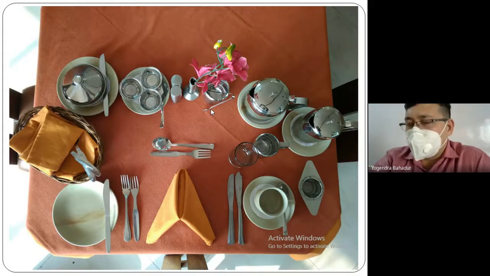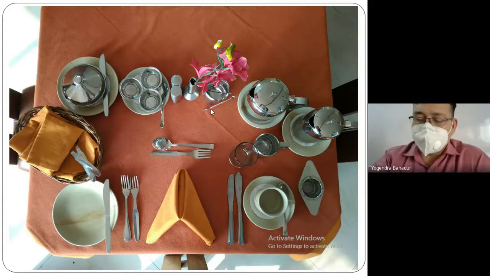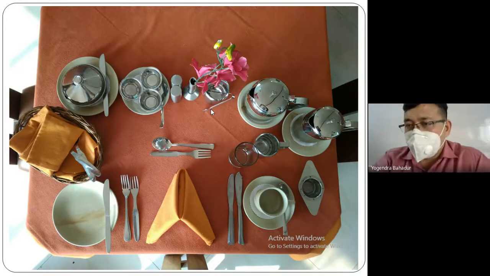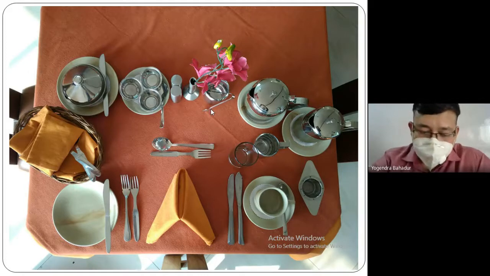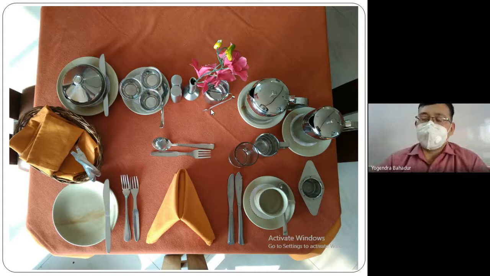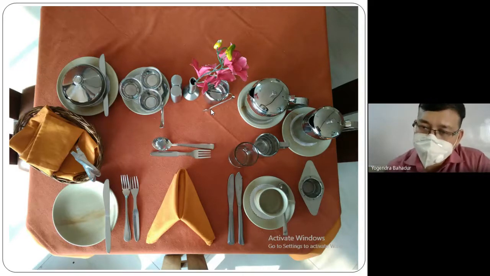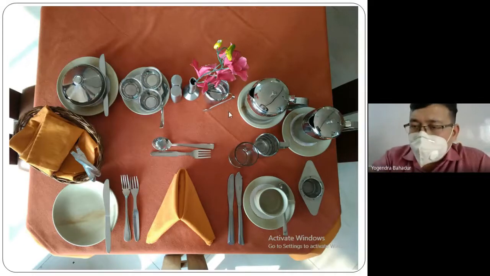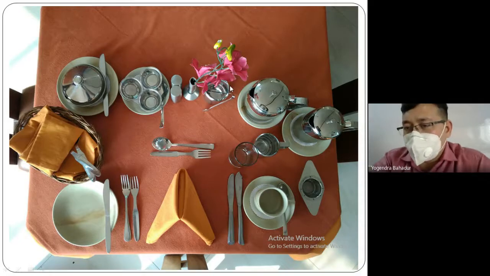Caramelized sugar sachet means the one which would be brown in color. Generally, we misname it and call it brown sugar, but technically it is not brown sugar. It is basically caramelized sugar only. And the third variety of sugar sachet is for the diabetic guest, if the guest is suffering from a high blood sugar level kind of disease. There we provide the guest with Equal or sugar free, two to three sachets of Equal or sugar free.